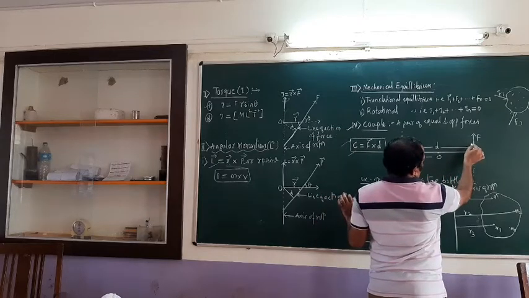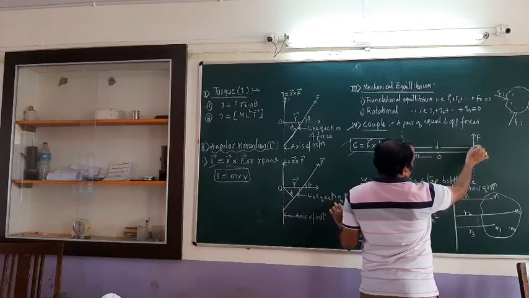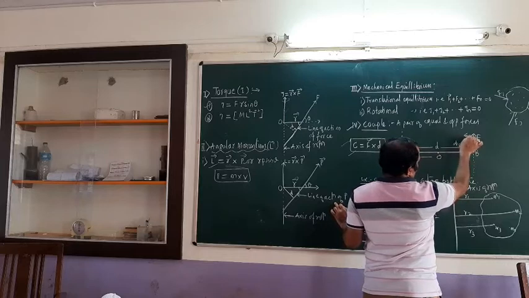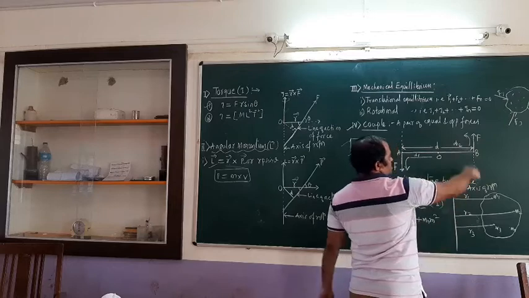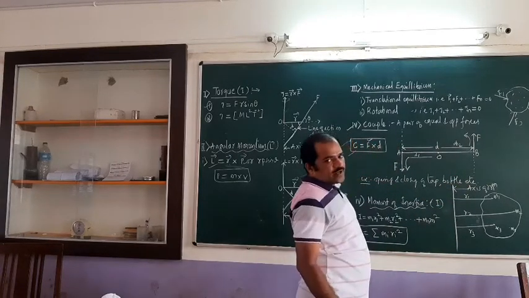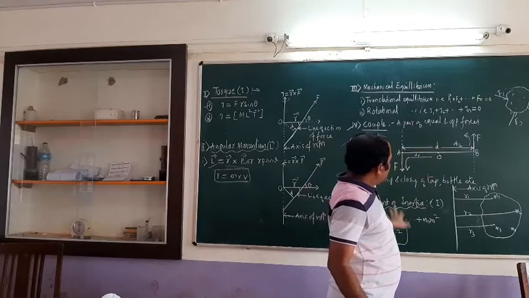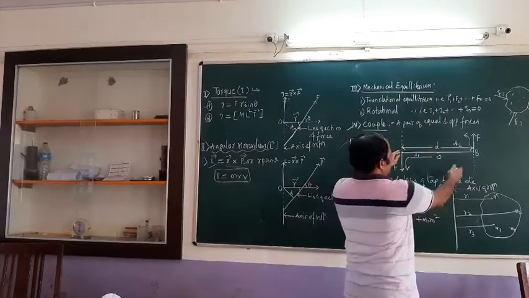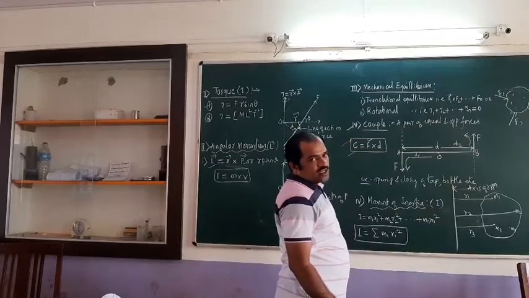So this is another force, also at some distance, suppose I take it as D2. This is also going to rotate in anti-clockwise direction. Therefore the body is going to rotate continuously. So the body is not going to be in equilibrium, because both the forces are rotating the body in anti-clockwise direction. Therefore the body is not in rotational equilibrium.